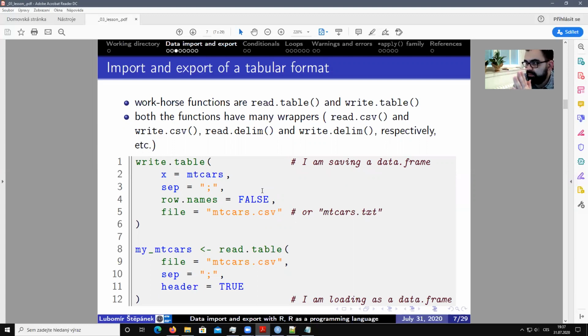Yeah, semicolons are usually used when people store data of non-English speaking provenance. For example, in Czech, you know that we usually use commas as decimal separators. It means that if you have many numbers in one row which use commas, and you also have just commas as separators of your values, there will be almost two times more